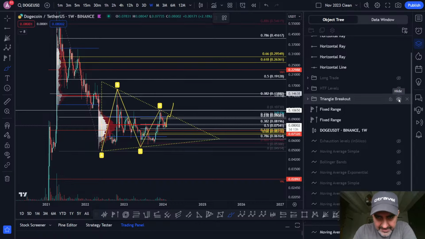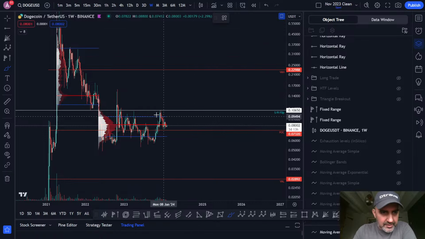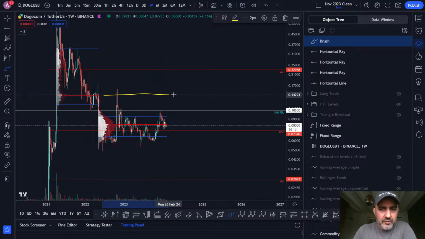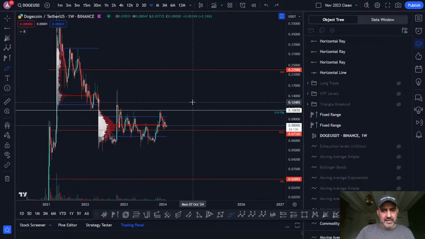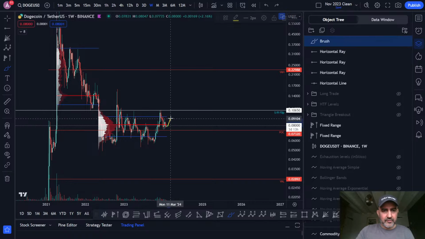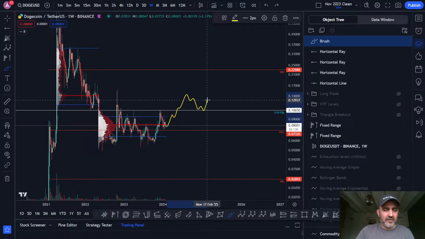Yeah, that's going to basically be the 382 extension fib retracement. So you definitely want to take profit at 14 cents. That's going to be a definite place. And then if we do go up and take profit, it could come back to the SR flip